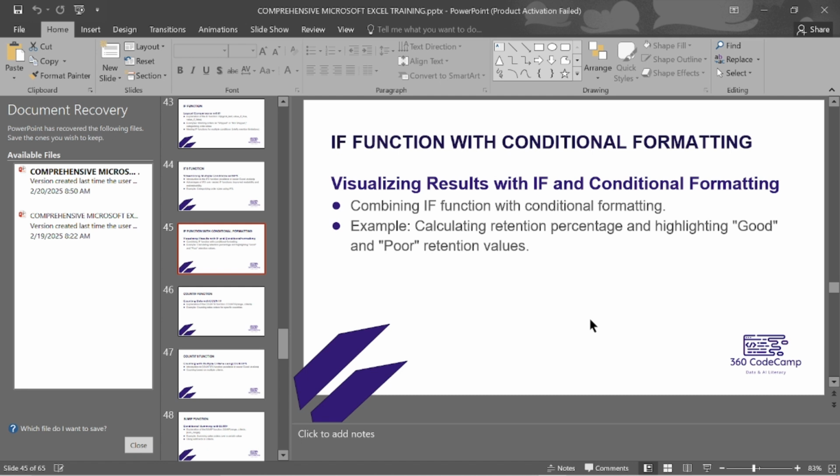Here you can combine the IF function with conditional formatting. Remember when we talked about conditional formatting during data cleaning. You can combine the IF function and conditional formatting to visually highlight important data in your spreadsheet. Conditional formatting allows you to automatically apply formatting like colors, fonts, or icons to cells based on their